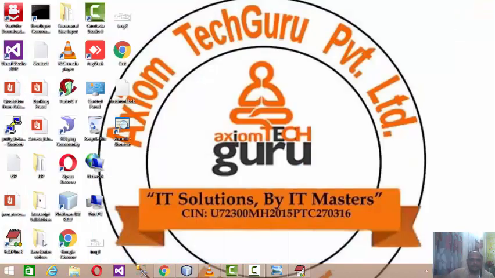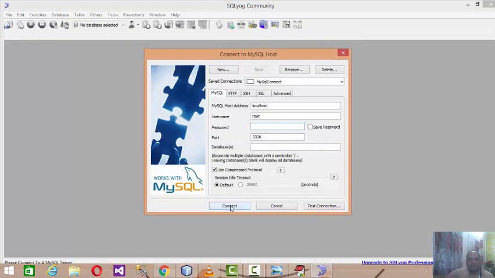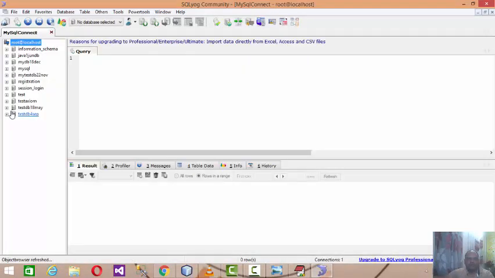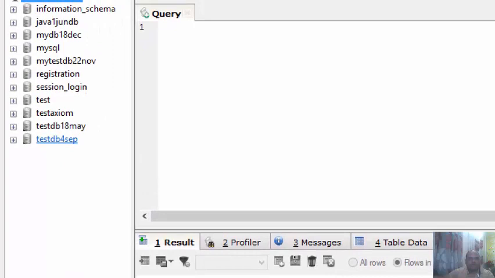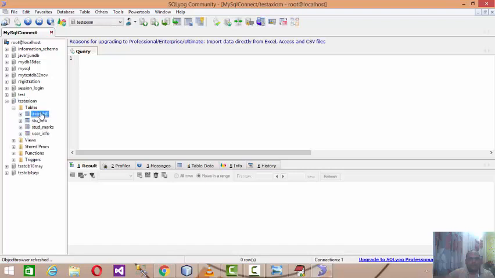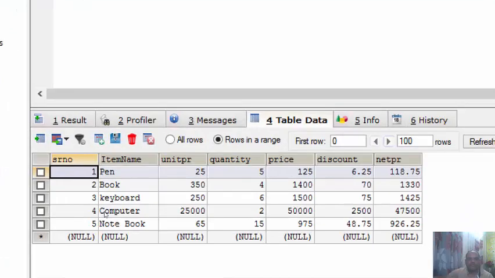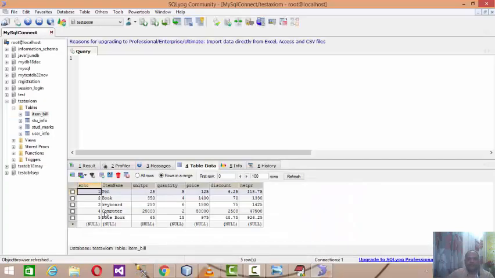Here in this particular project, I developed a database by the name of TestAxiom, and there I have a table called item bill. Now the item bill table has the fields serial number, item name, unit price, quantity, price, discount, and net price. While developing this project, I defined a database called TestAxiom.